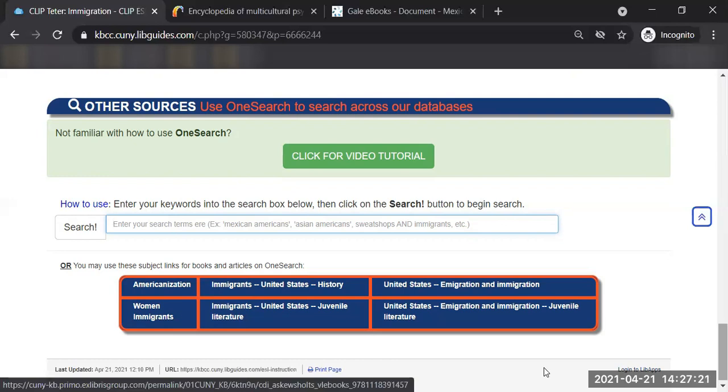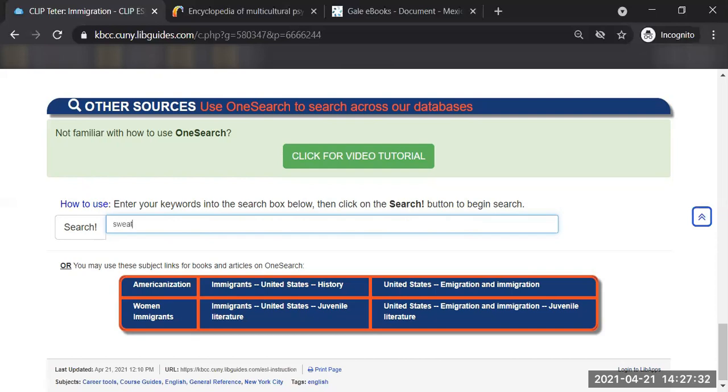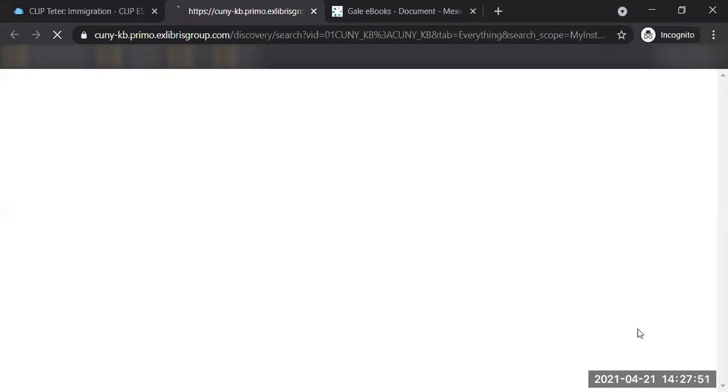In that situation, here's the search box, and I have here the search terms: sweatshops and New York. Let's say I'm interested in sweatshops in New York. If you click,